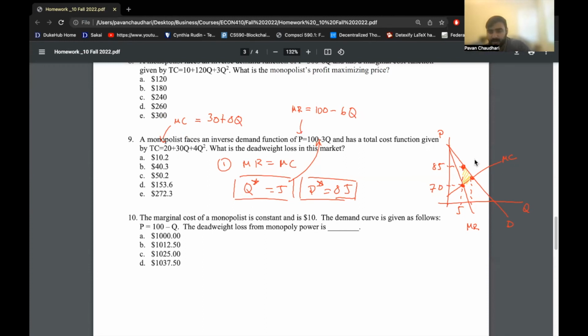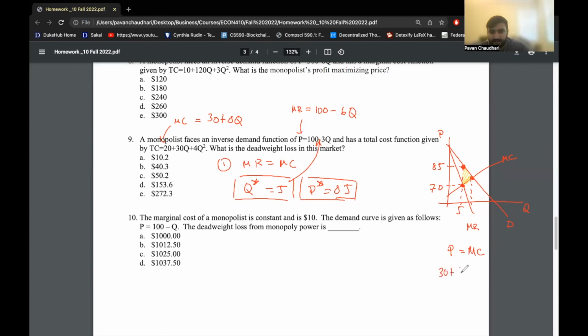Okay. Now, this last point is something we haven't done yet. You can just use the graph to kind of guide you, right? The graph here shows you MC and the demand curve are touching there, right? So in particular, the demand curve is P, MC we already have, right? We got 30 plus 8Q. So we can just set them equal and solve for Q. That's how we're going to get the x-axis point there. So we do